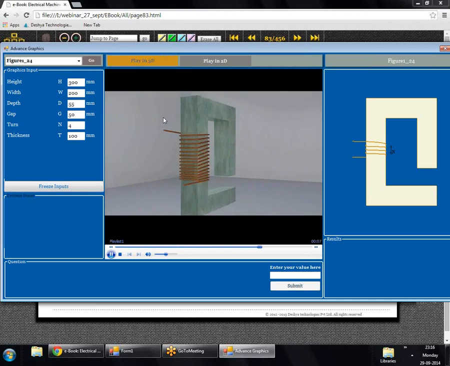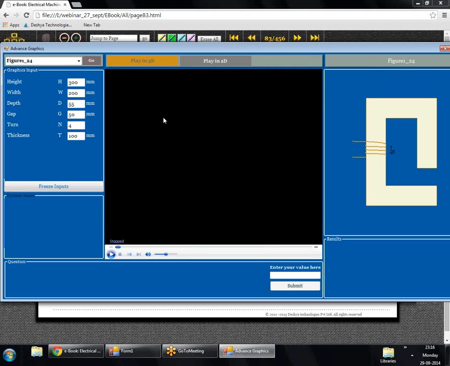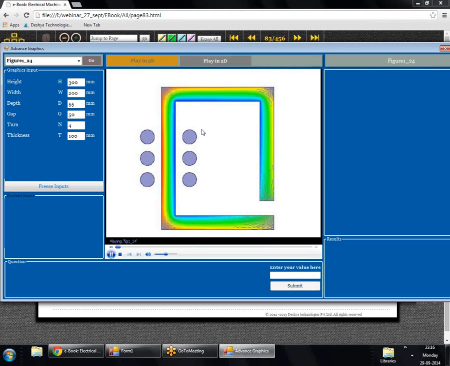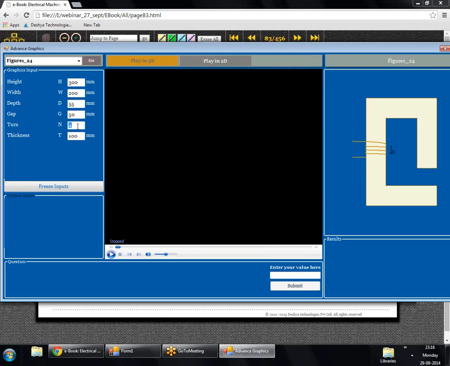This gives a better understanding of the magnetic circuit that we are going to analyze. In this animation we can see how the flux lines flow through this core. This helps a person to visualize and understand the magnetic circuit that we are about to analyze. Once we are satisfied with the parameter settings, we can press on freeze